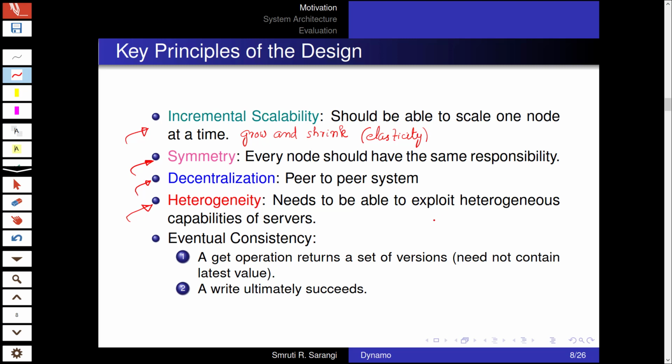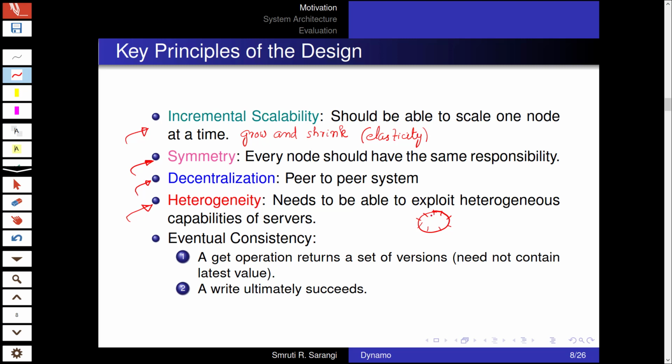Because one thing you need to understand is that whenever such DHTs are created, which are very large, which can consist of tens of thousands of nodes distributed across many, many data centers in the world, all the nodes will not have the same compute capability. Some might be older processors, some might be newer processors, some might be really small ones, big ones, even CPUs, GPUs, FPGAs, all kinds of nodes would be there on the DHT.